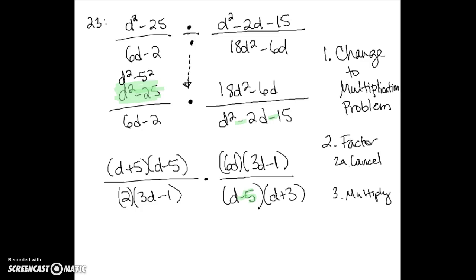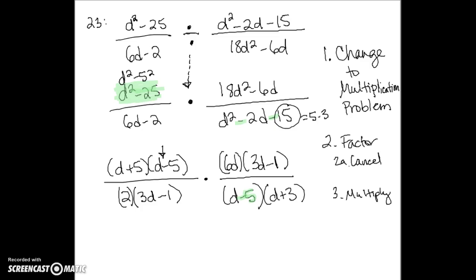Now, how did I know that so quickly? A couple of reasons. I told you a lot of times problems are written, not always, but a lot of times problems are written so that they match up. So I'm thinking either d plus 5 or d minus 5 is going to match up. I'm choosing the minus version because of those minus signs in the trinomial, and because